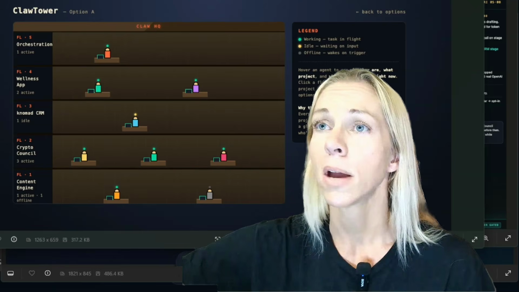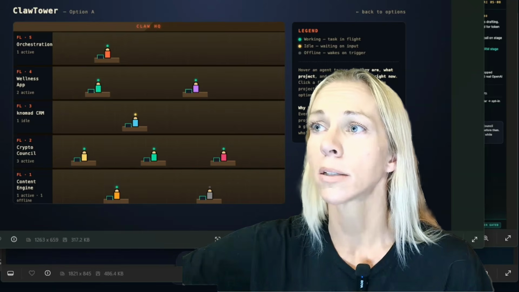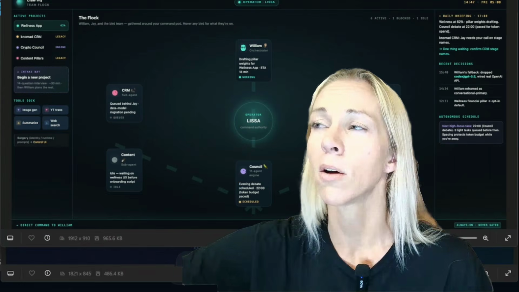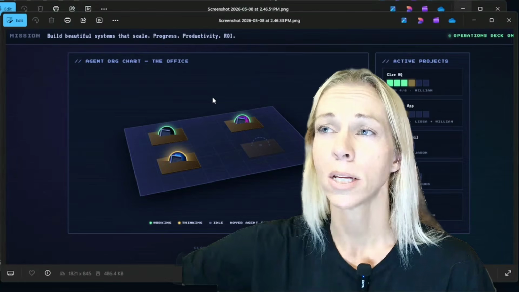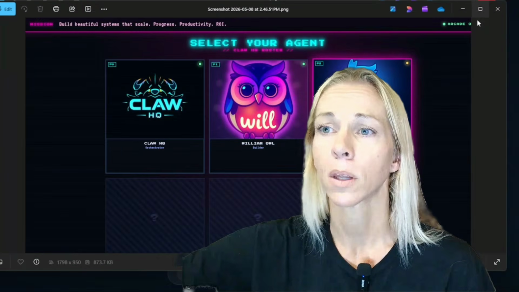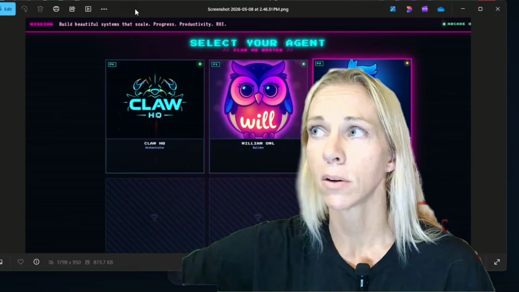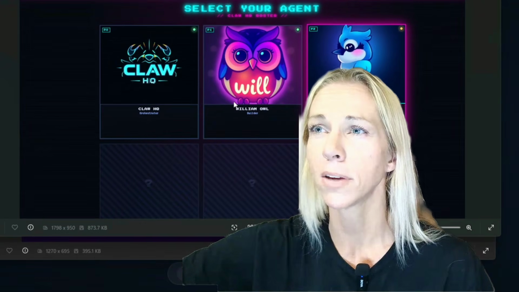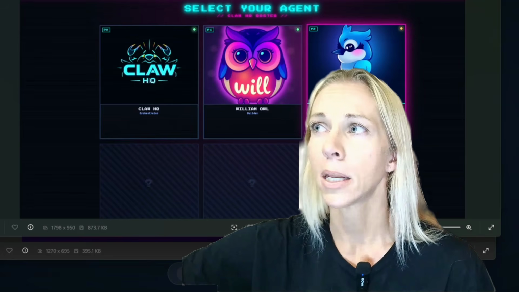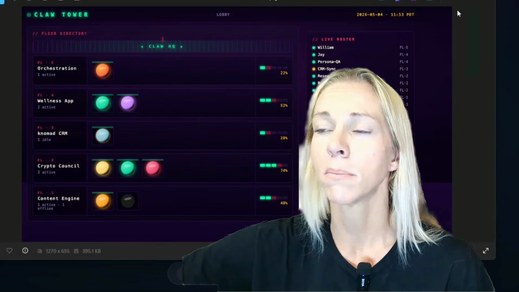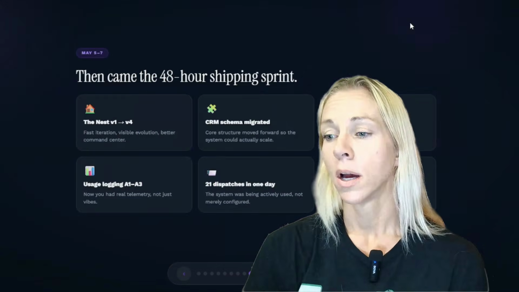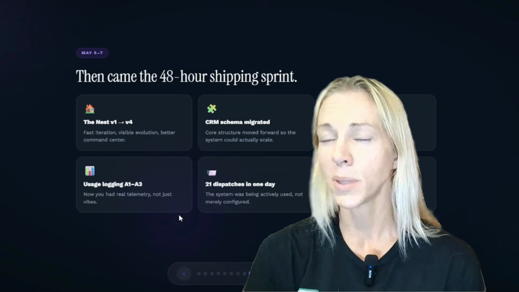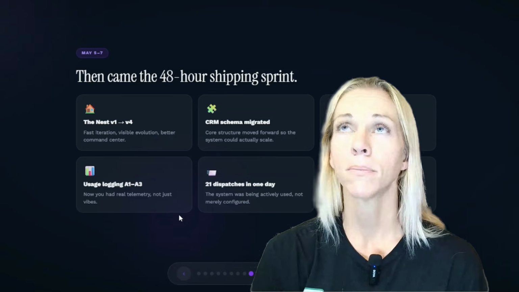Okay. So now that I have that running, I have all my projects organized in a different way. I also wanted to make it fun. So I wanted it to be video game style, like 90s video game. I don't need crazy graphics, but I do like the idea of making my command center more fun to use because